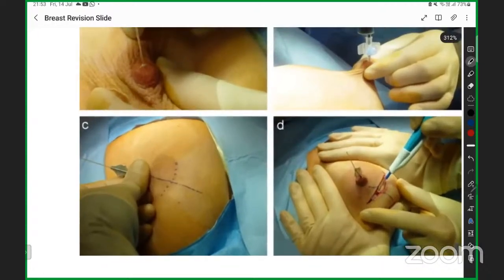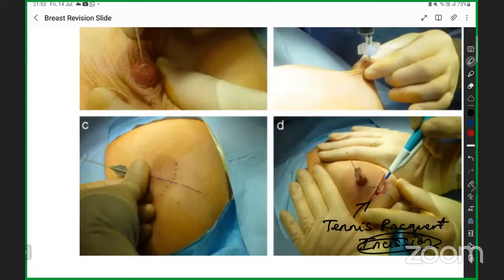Can you see here? So here we are going to cut a triangular flap, and this incision. So can you see an incision here? This incision is called as tennis racket incision. Is it clear? This incision is called as tennis racket incision. So what you're going to do is you're going to put a probe, you're going to excise the skin flap.